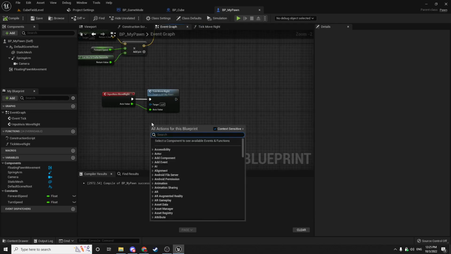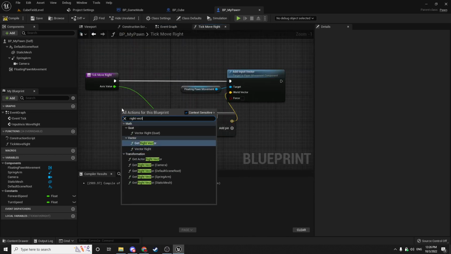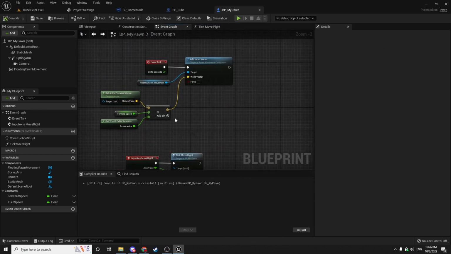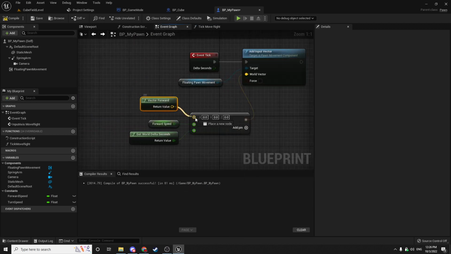Because that's essentially what's happening. If you're moving fast to the left, it's rotated far to the left. If you're moving fast to the right, it's rotated fast to the right. So with that new idea in mind, I took the code that I had for rotating the camera, and I